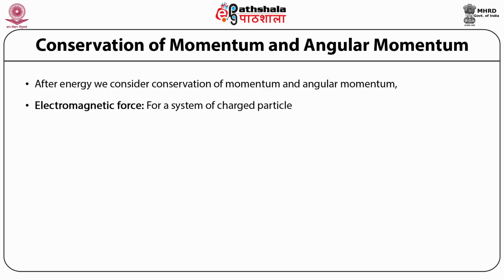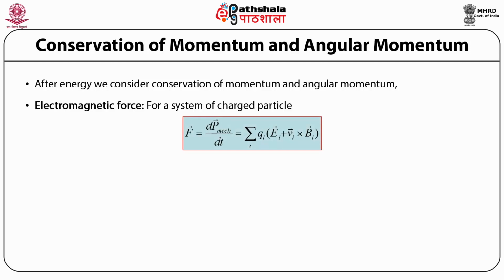For a system of charged particles, we can write the Lorentz force F as equal to the time derivative of the momentum due to the mechanical energy, that is P subscript mechanical, and this is equal to the summation over i of Qi times bracket open the electric field vector E subscript i plus the cross or vector product of the velocity vector v subscript i and the magnetic field induction vector